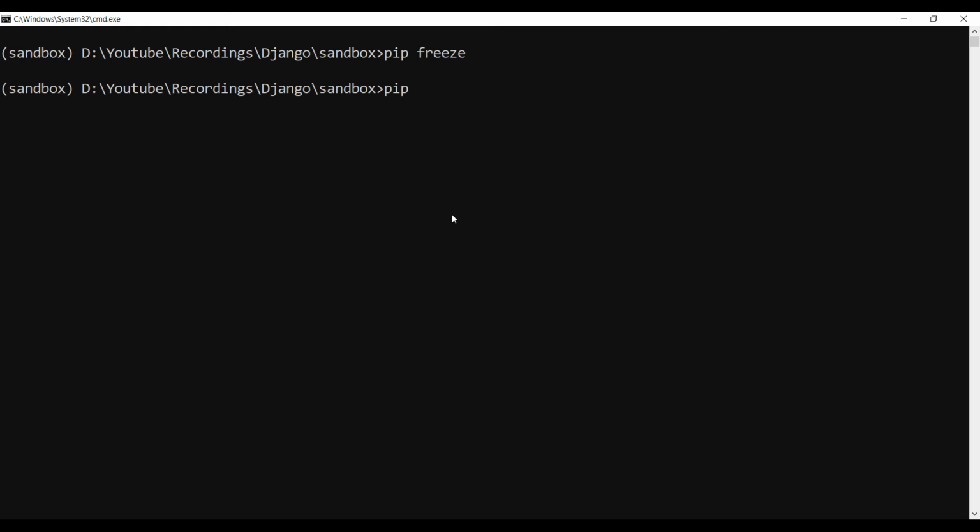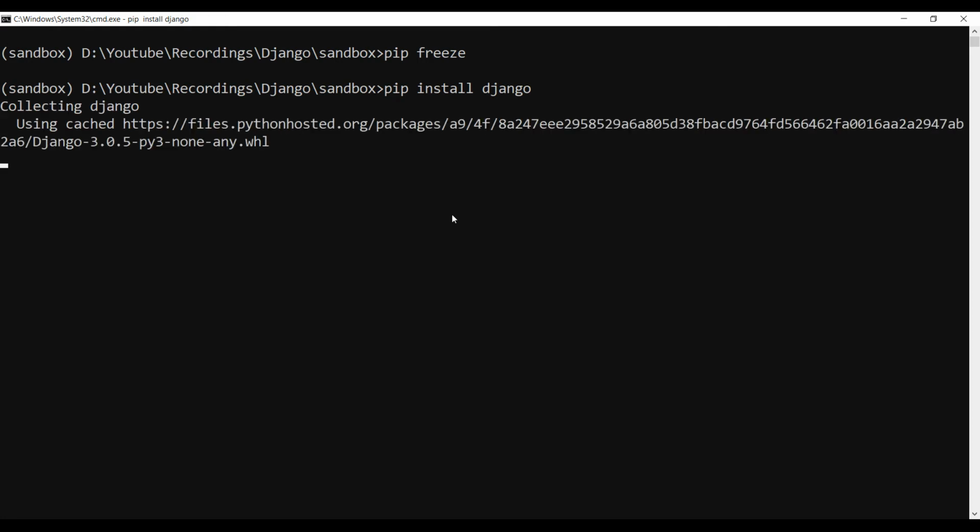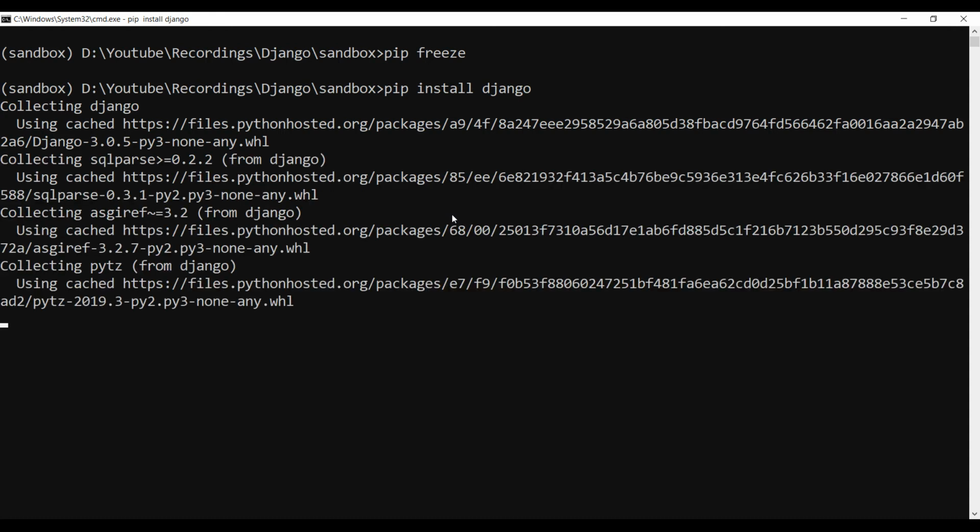Now we will install Django using the command pip install Django. This will take some time to download the necessary packages from the internet to install Django in our virtual environment.